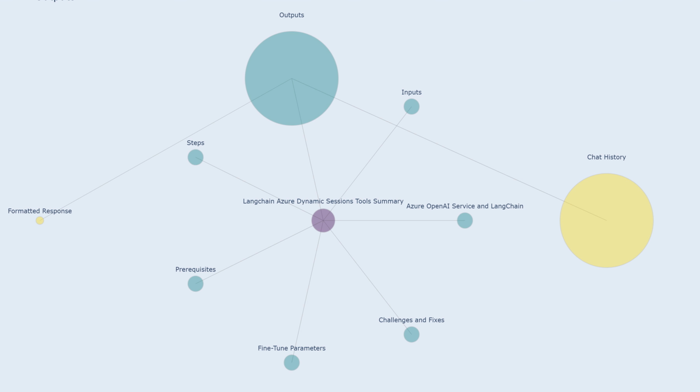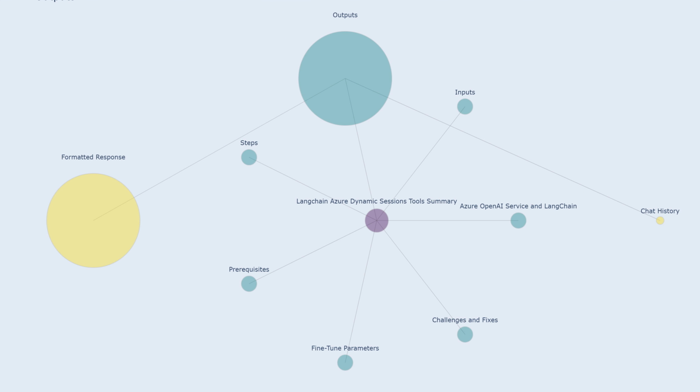Imagine it as a transcript of the entire conversation, preserving the chronological order of every exchange. The chatbot's final response to a user's prompt, meticulously formatted to be both informative and user-friendly. This output represents the core outcome of the chatbot's processing, providing the user with a clear and organized answer or solution. Think of it as the polished final product of the conversation, delivered in a way that is easy for